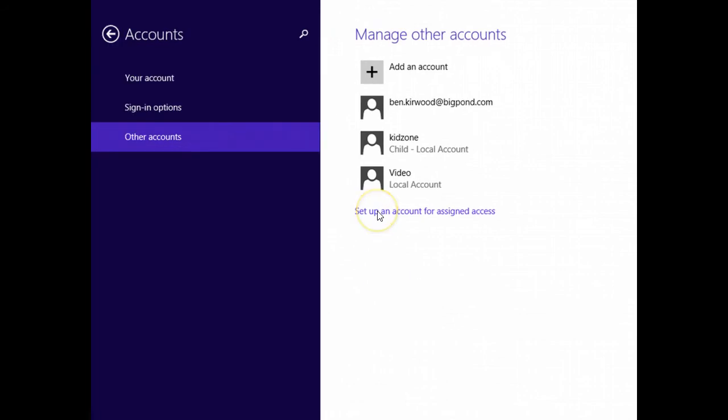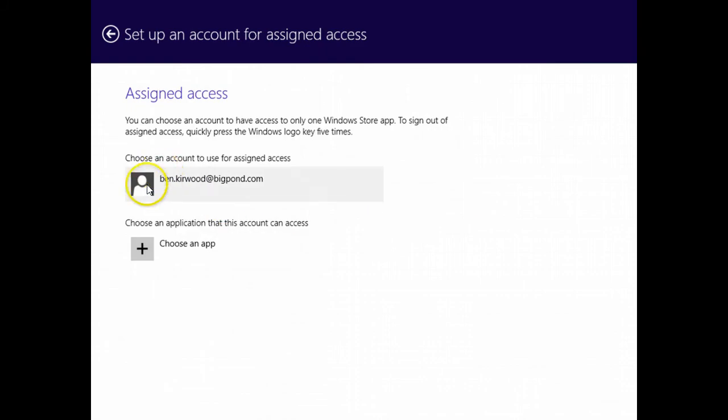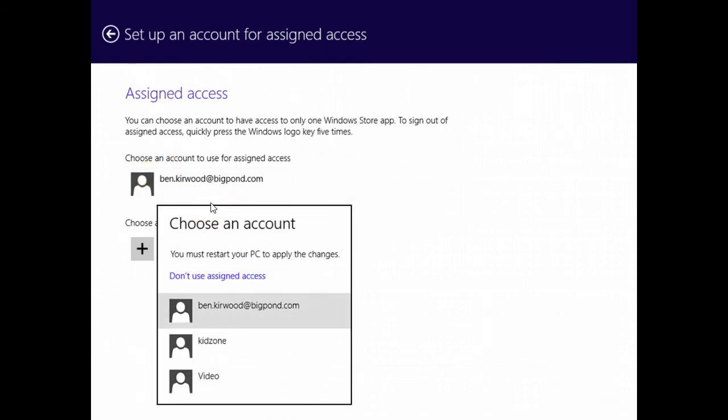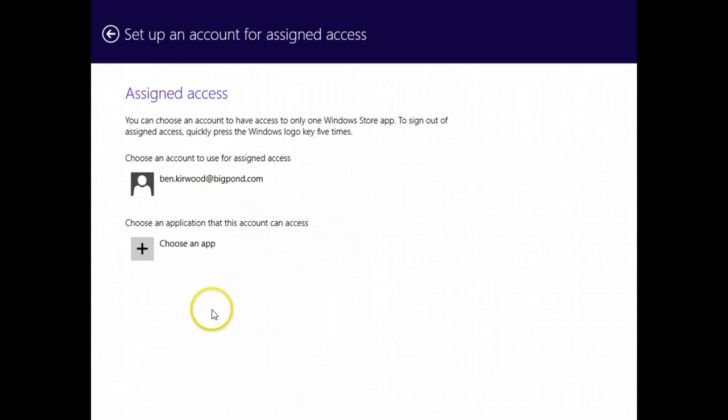Now we want to set up an account to control this child account, so select your account. Okay, so that's done. Now we want to go back to the desktop,